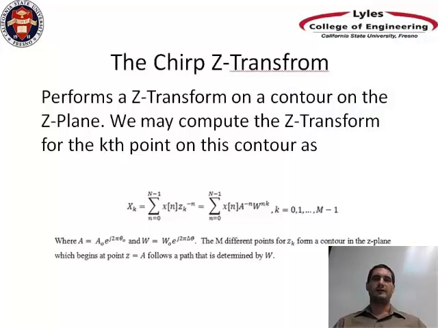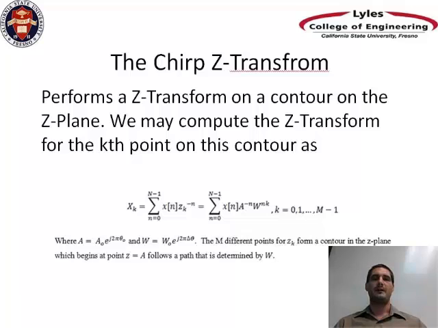In order to help mitigate this problem of spectral leakage, we began looking at the application of the chirp Z transform to our project. The chirp Z transform is a Z transform that is performed on different points on a contour in the Z plane. If we limit this contour to a unit circle in the Z plane, then we'll be looking at the frequency